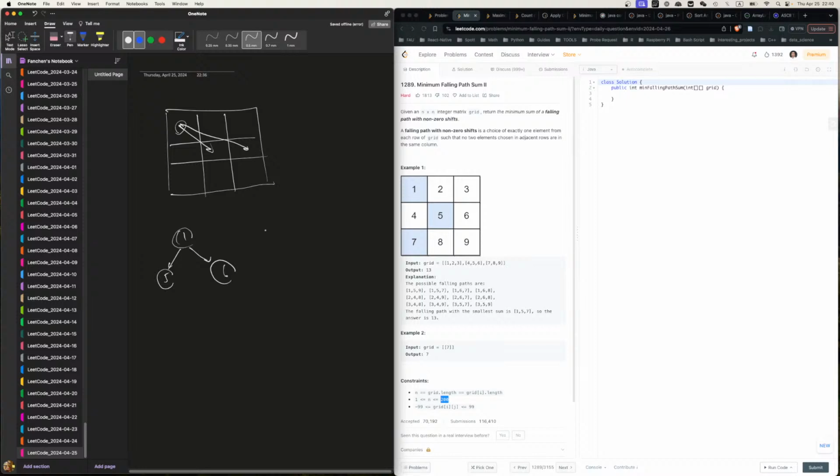And then 2 can go to 4 and 6, right? 2 can go to 4 and 6, and 3 can go to 4 or 5. So each one will have this. Maybe we can just do this, I don't know,